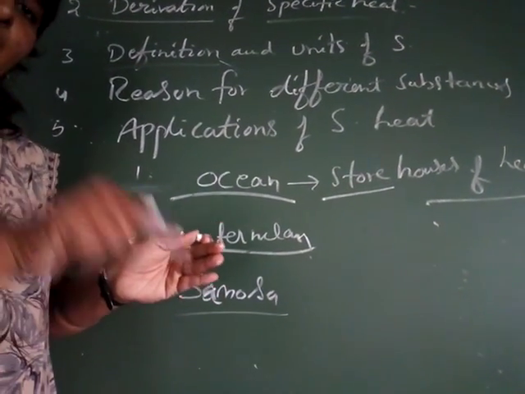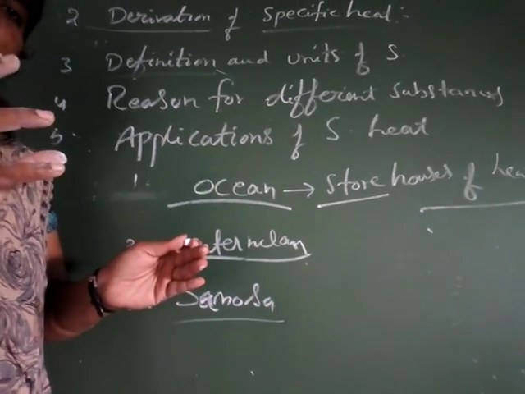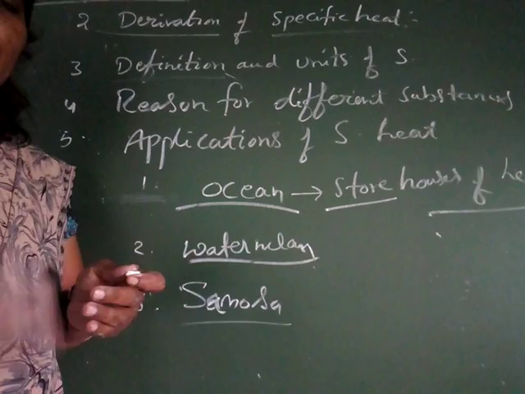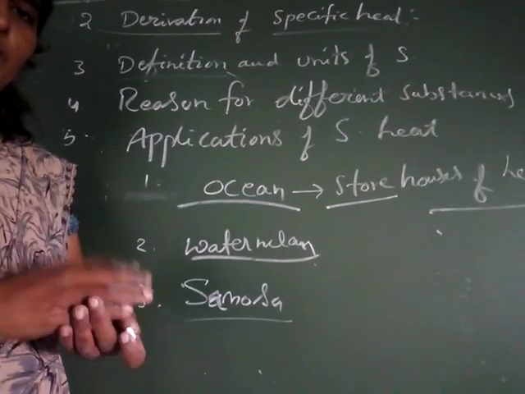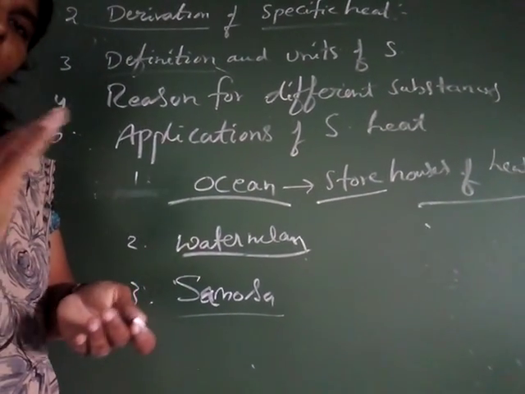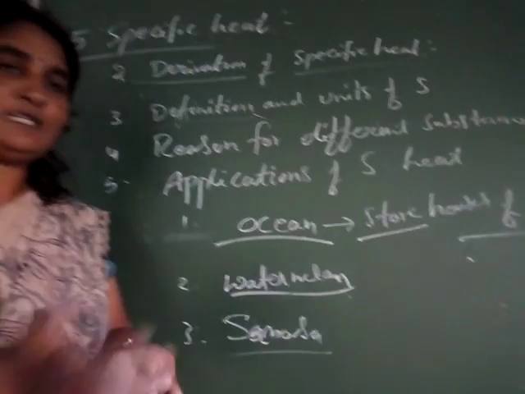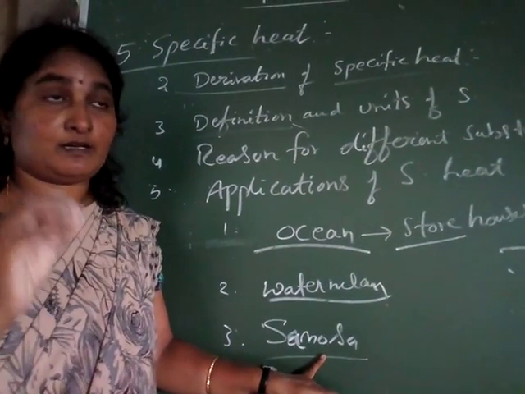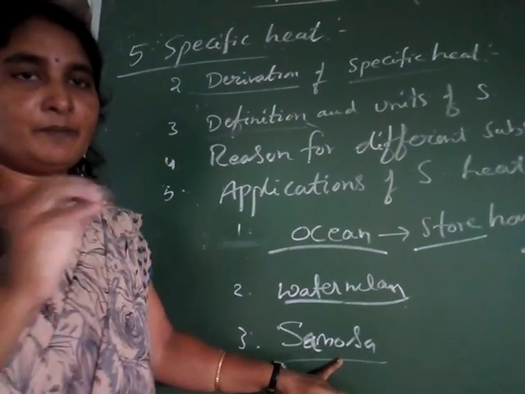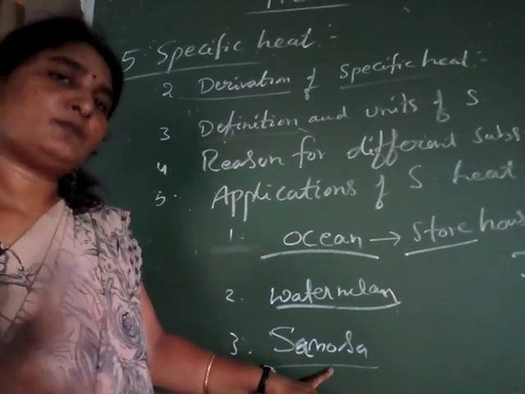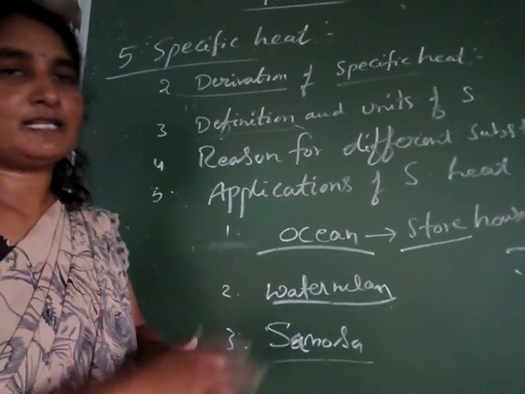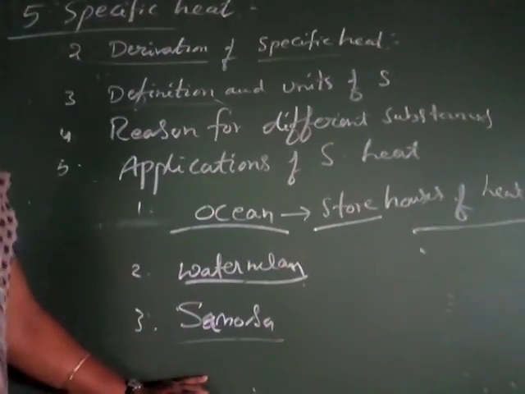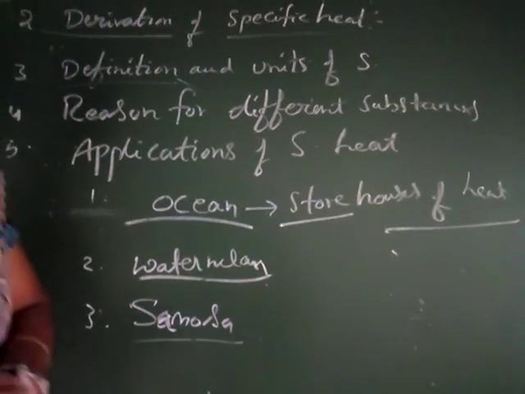Why? Because that curry is made with high specific heat vegetables, like potato, and some more water is also present in that curry. Then it can store heat, you know that. That is only specific heat. That's why the ingredients present in the samosa are high specific heat substances. That way it can stay hot for some more time. Okay, do you understand? These are the applications of the specific heat we have to learn for the examination.